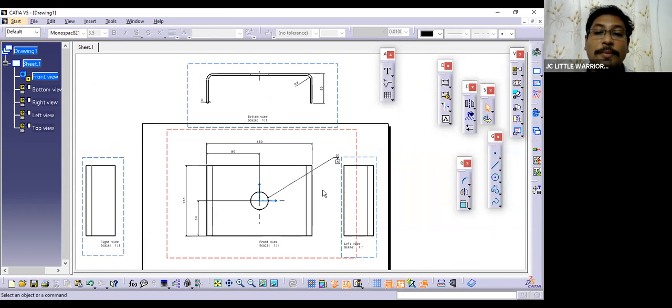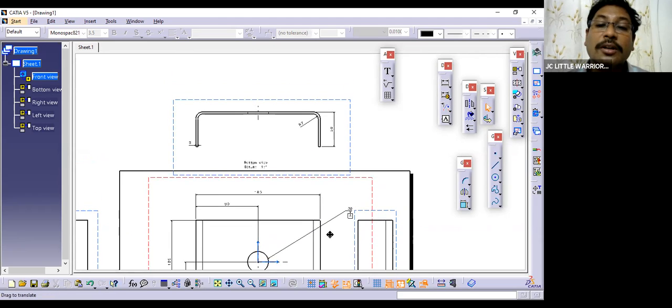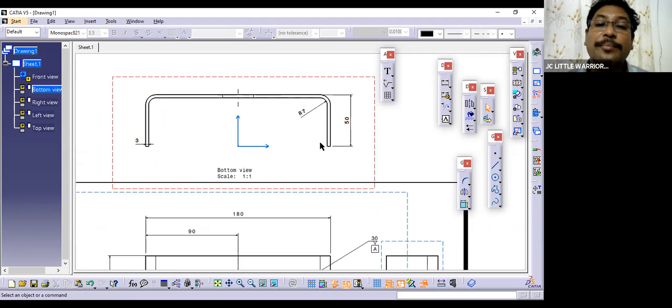Okay. So which views are not required here? In this view, we have all these dimensions with which it can be manufactured. Okay, and we have dimension for hole also. And in this view, we know how much is the depth of the part and what is the thickness of the part. Okay,